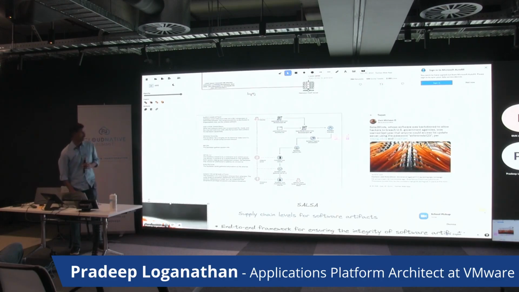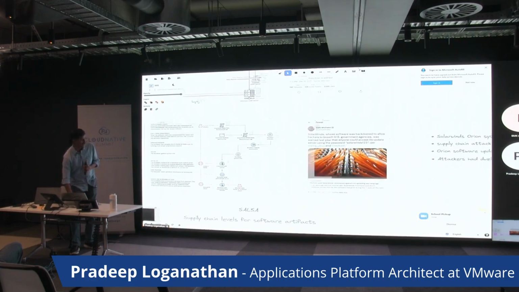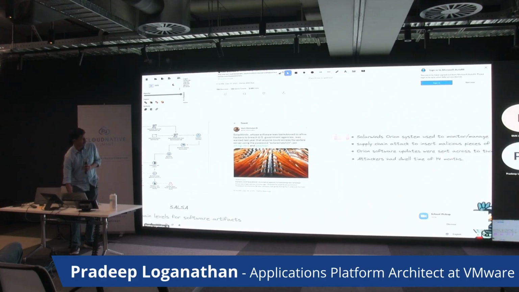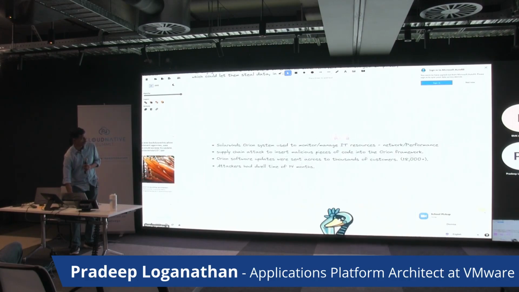the SolarWinds attack, where Log4j was an open source package. SolarWinds is a network monitoring software. It's a pretty large corporate supplier of network monitoring software and IT infrastructure monitoring software. Again, they were impacted by a malicious piece of code which was injected into their update system, and when this update was rolled out to customers, a lot of customers were impacted. Orion was their update software, and that was impacted, and this resulted again in malicious code being pushed out to a lot of customers across the globe.